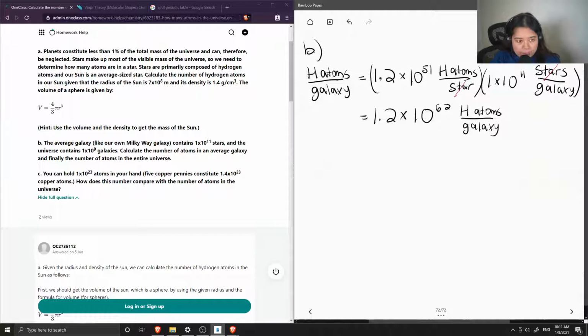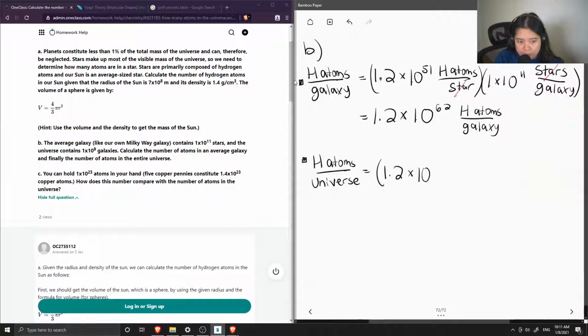Okay, so now we need to find how many atoms are in the universe. So hydrogen atoms per universe, we need to multiply again. So now we have 1.2 times 10 to the 62